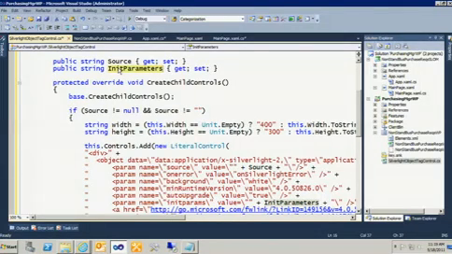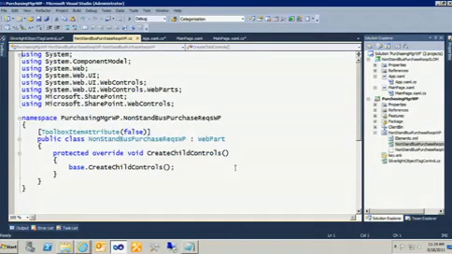I use this to set the source of the object tag for Silverlight, and make the object tag fill the entire web part, just because in this scenario, that's what I wanted to do. And then whatever initiation parameters I wanted to pass in, like in this case, the URL, so I could set the client context and start using the client object model to manipulate lists. I'm going to pass that into this init parameters function. So when I go back to my CreateChildControls call for my web part,